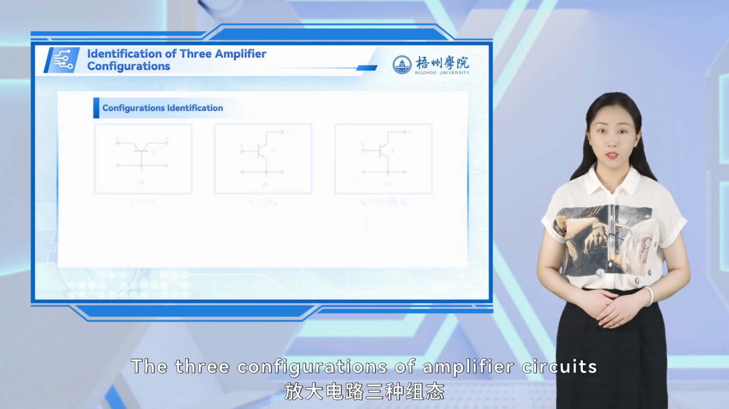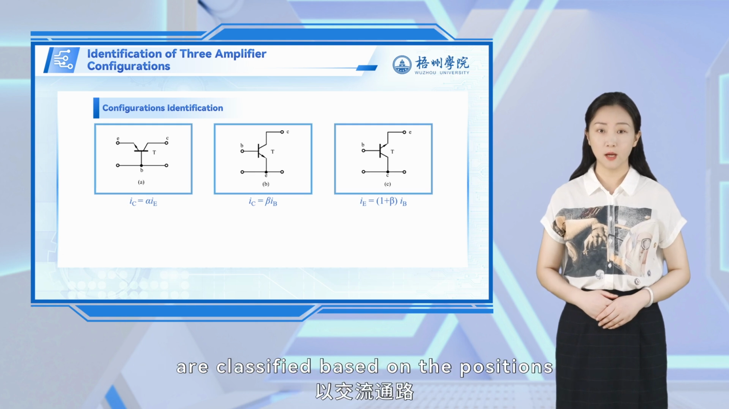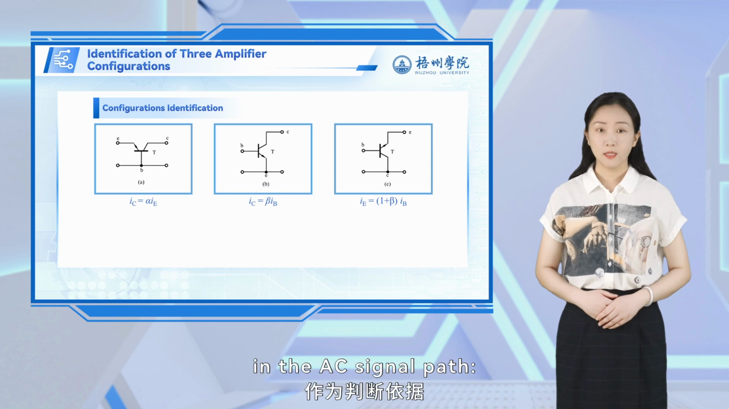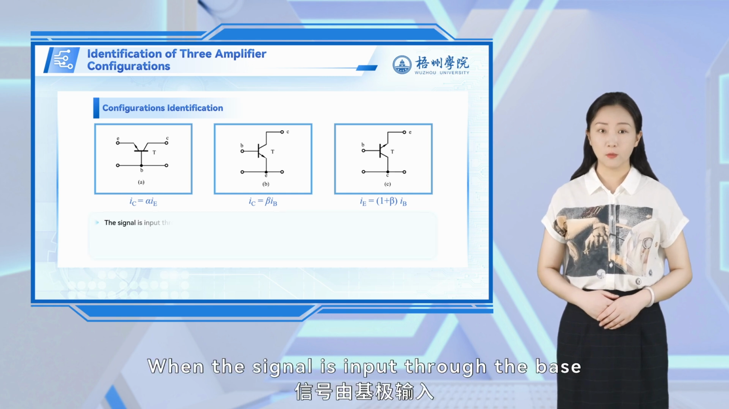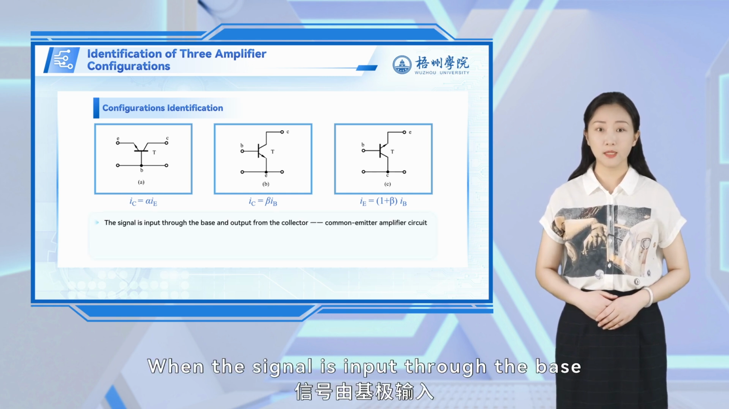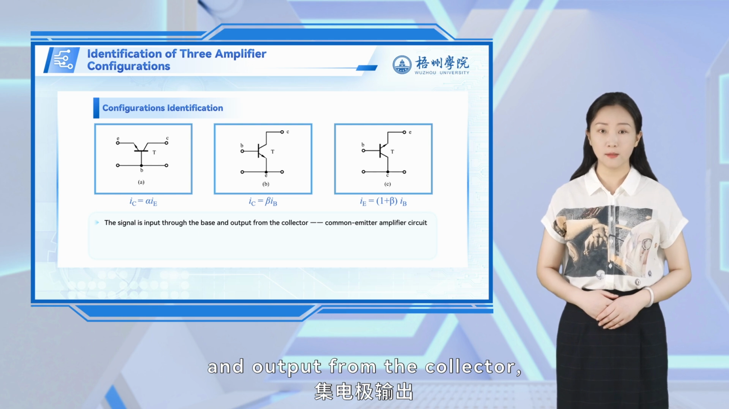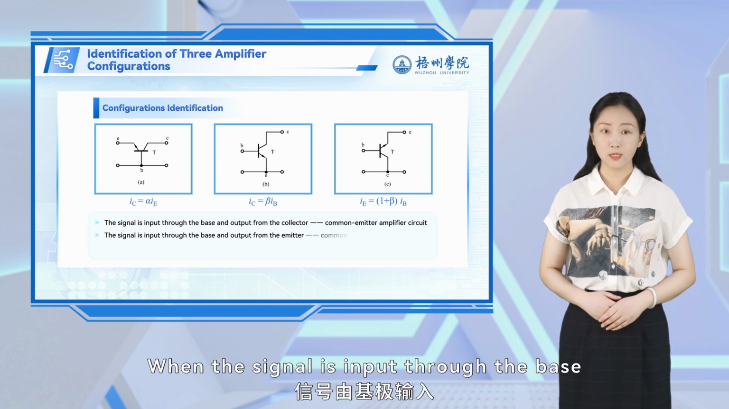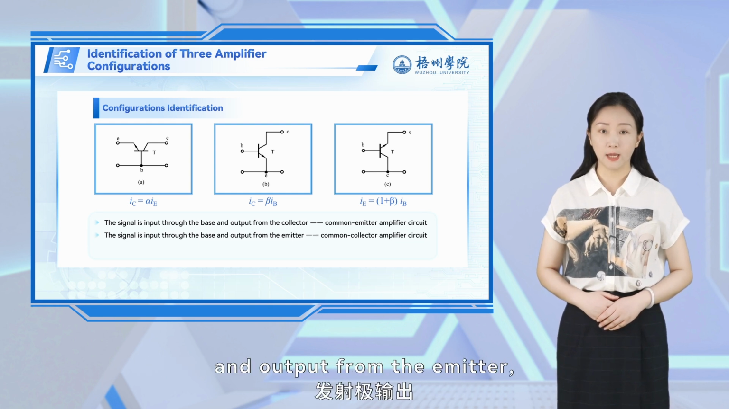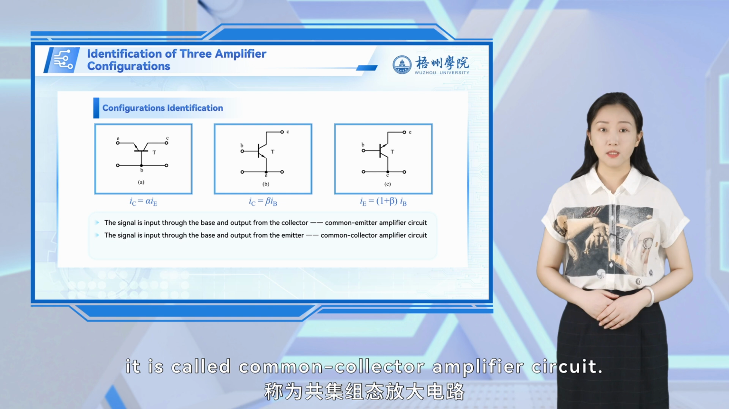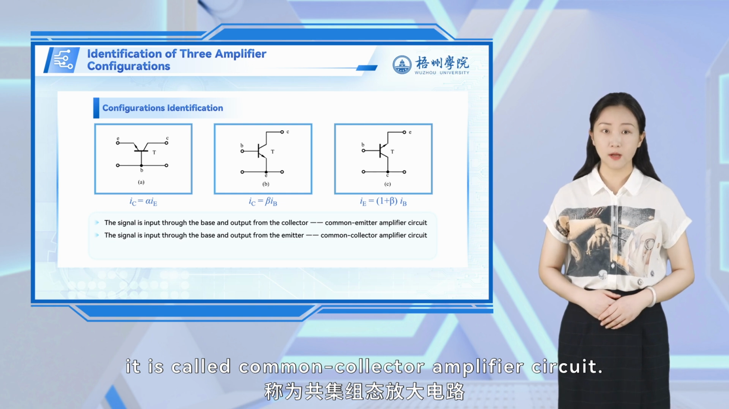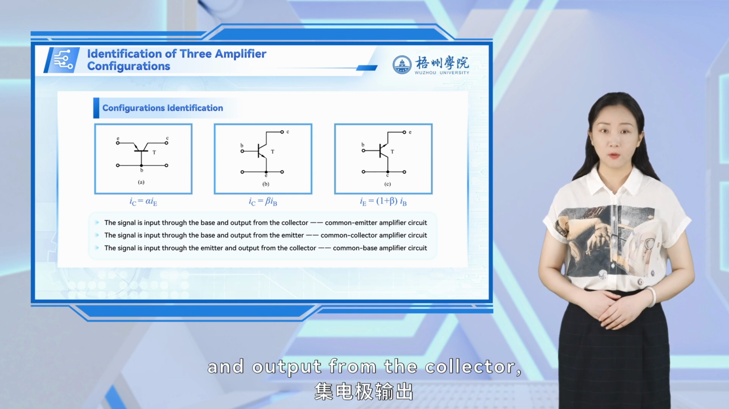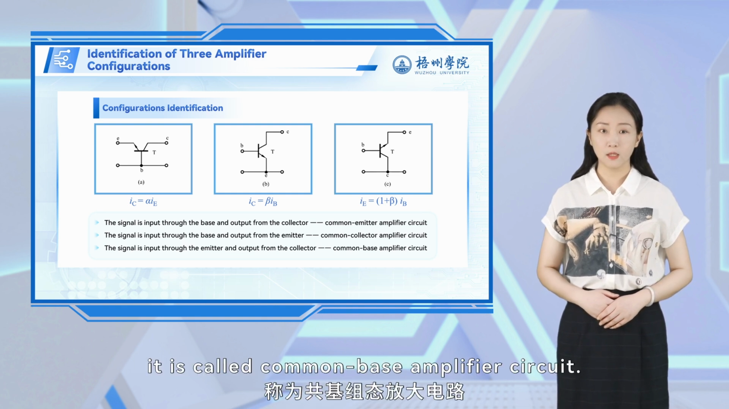The three configurations of amplifier circuits are classified based on the positions of the input and output signals in the AC signal path. When the signal is input through the base and output from the collector, it is called common emitter amplifier circuit. When the signal is input through the base and output from the emitter, it is called common collector amplifier circuit. When the signal is input through the emitter and output from the collector, it is called common